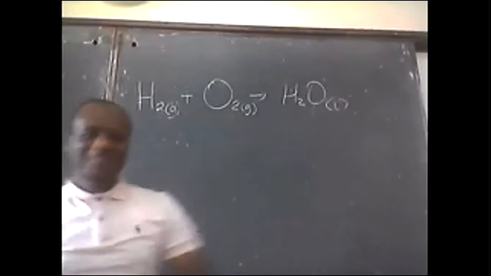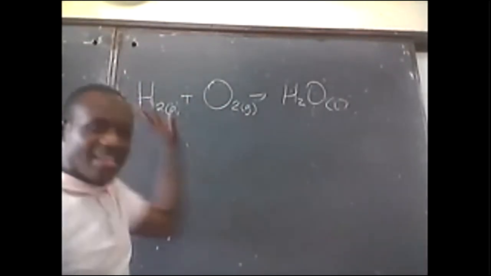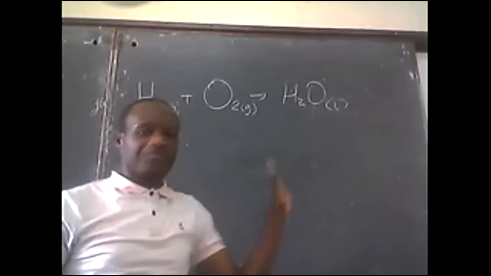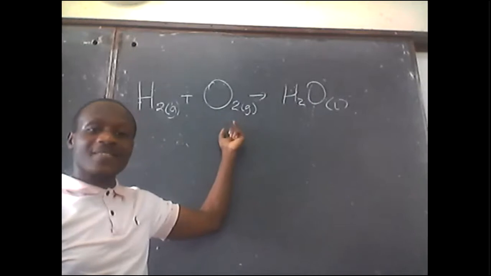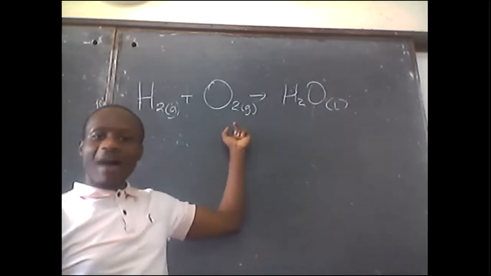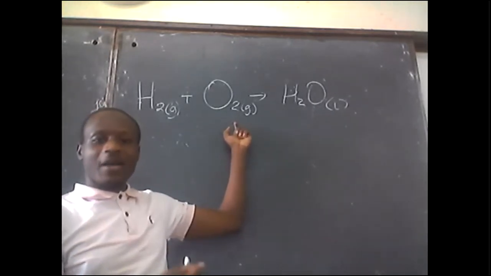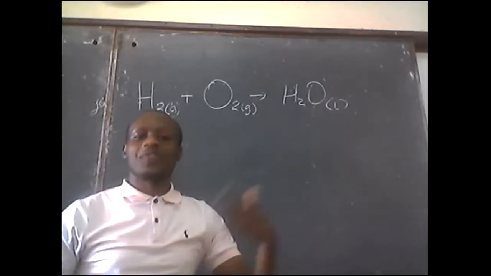So we said hydrogen comes diatomic in real life. Oxygen comes diatomic as our teacher told us in real life. But when they are going to react, remember how they form water. But if we say each atom keeps reacting,